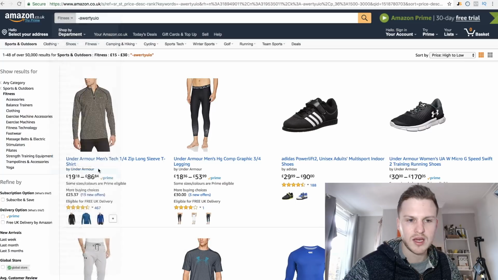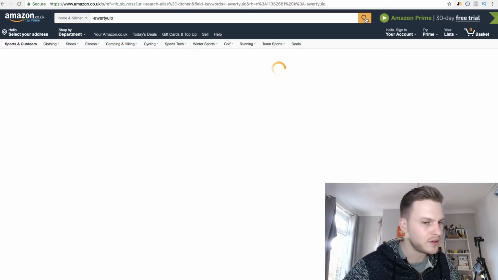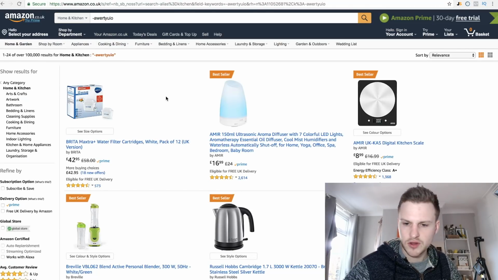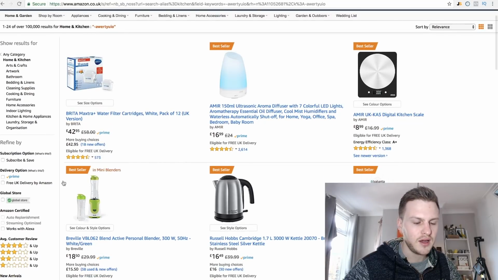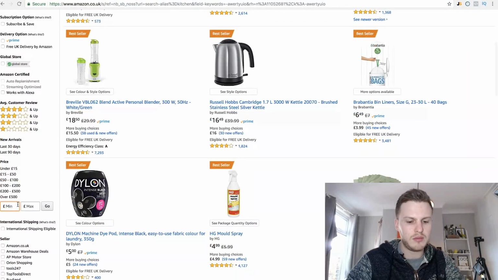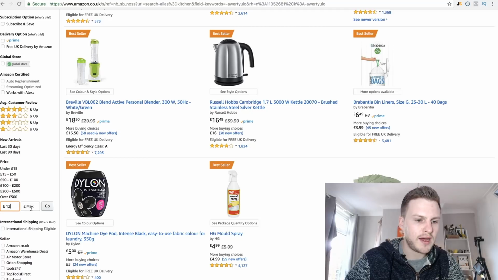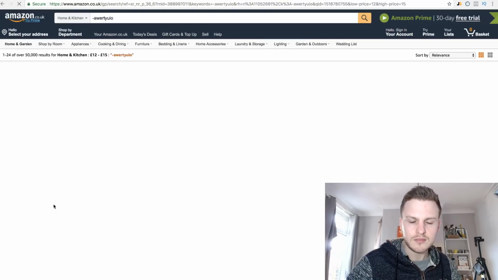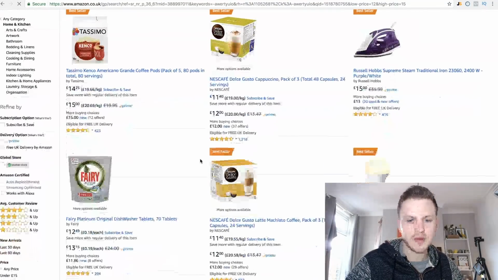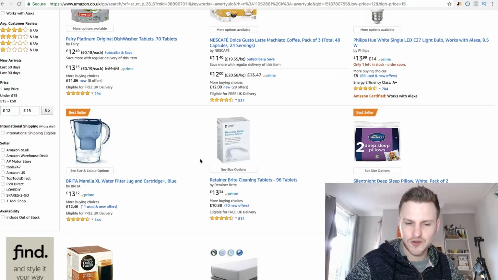Let's go to home and kitchen maybe. Do exactly the same thing, search, mash the keyboard, make sure the minus sign is in front of there. We can change the price again, minimum, let's go £12, maximum 15. And it's going to find every single product that meets our criteria, just like it does on Jungle Scout, except